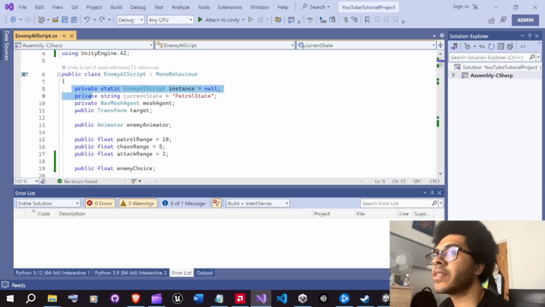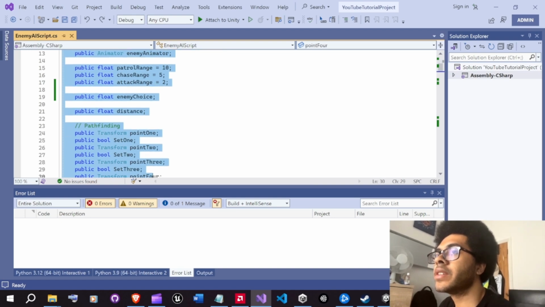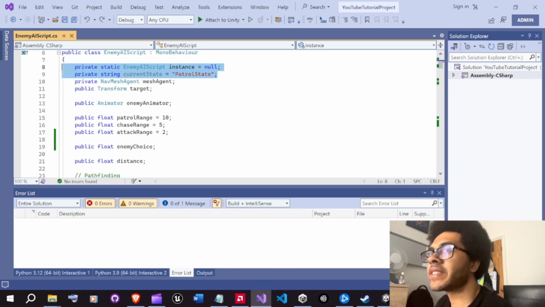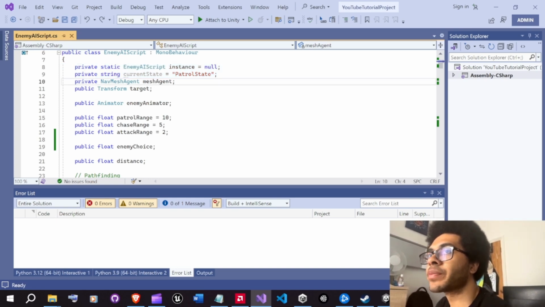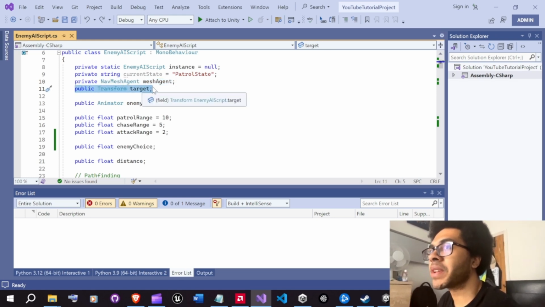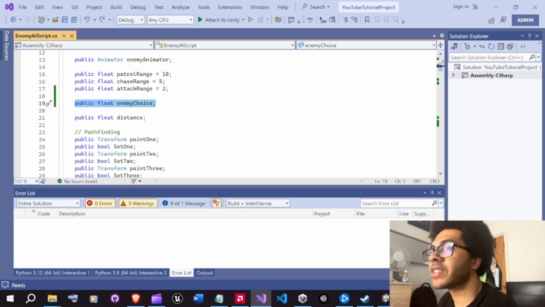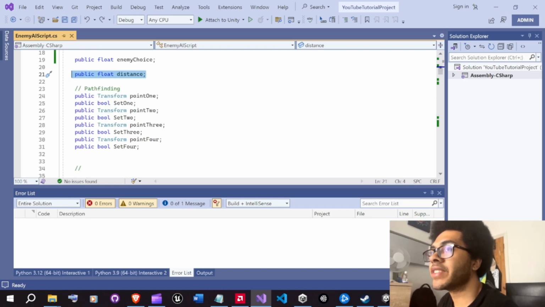These here are the variables that I use for the script. You don't really need these two for now, but this one is for the component. This is for the player target. This is for the animator controller. These are for the states. This is something I'll explain later. And this is the distance. And this is the array for the waypoints,